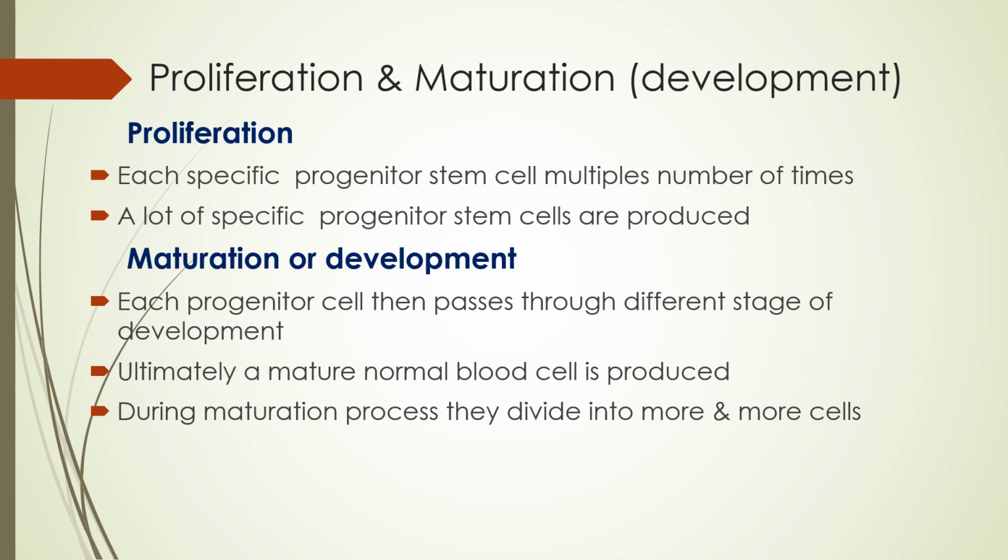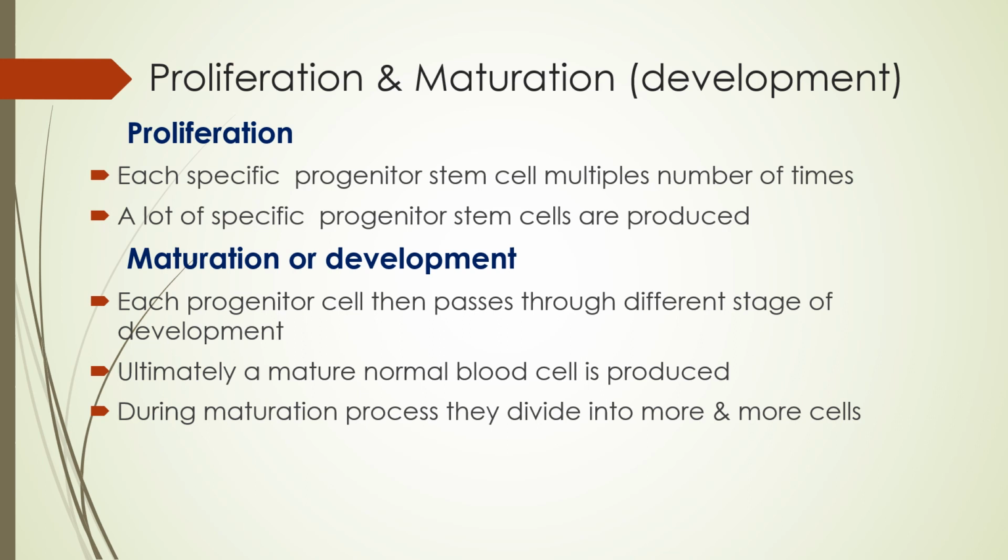Proliferation, for example: let us take the myeloid progenitor cell, which we cannot recognize morphologically in the bone marrow, but it is present. When it has to develop, for example, into a neutrophil, it will multiply itself. So that stem cell will, instead of one, have a number of copies, maybe 5, 10, 15, 20. Each copy will develop into a myeloblast. The myeloblast is present in the bone marrow, and it is the first morphologically recognizable cell in the bone marrow.